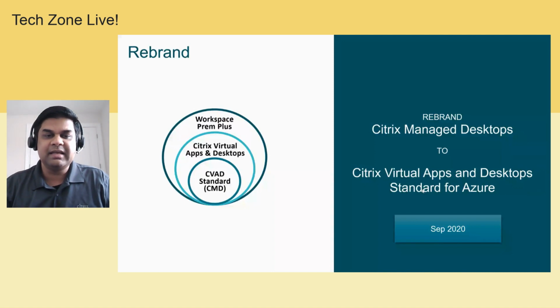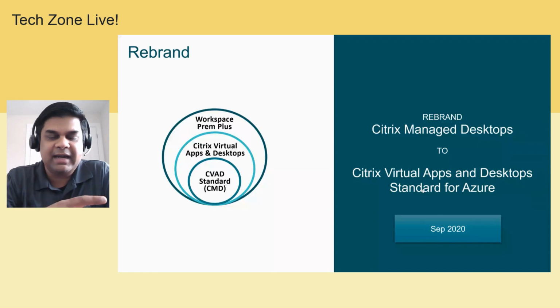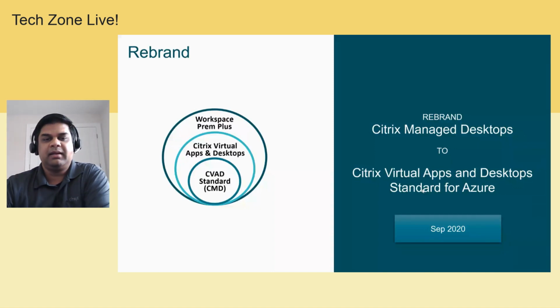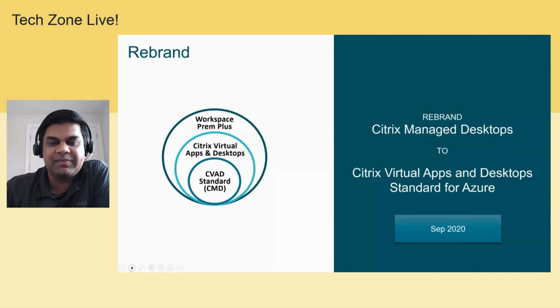So if you're an existing enterprise customer who uses Workspace Premium Plus, and you have this need for a DaaS-like solution, like if you think a DaaS-like solution could really help you accelerate the deployment because of a special project, you can just buy this add-on and start deploying in the Citrix Managed Azure. So that's kind of what we have done here. We have updated the story with Virtual Apps and Desktops.